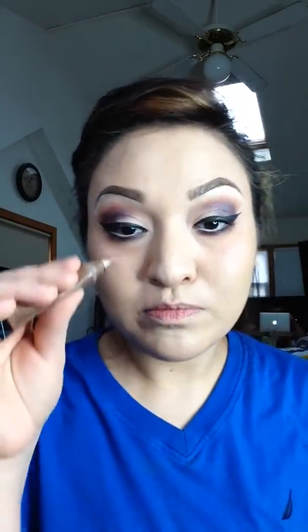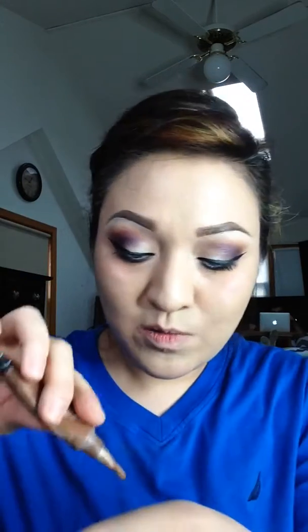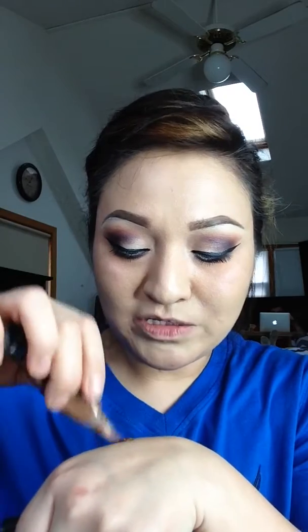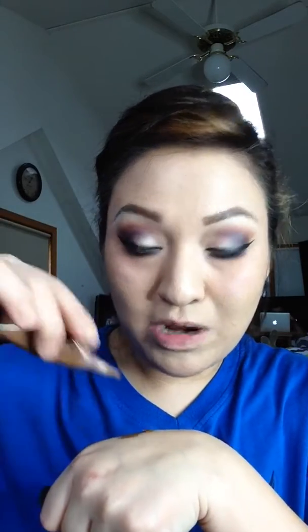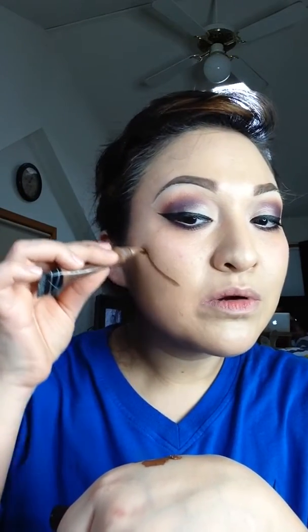Anyway, I'm gonna do the contouring part. I already did my eyes. So, I'm gonna put this black. You know what? Before you put it on your face, make sure that enough comes out so that you don't put too much on your face. So I'm gonna put it down right here